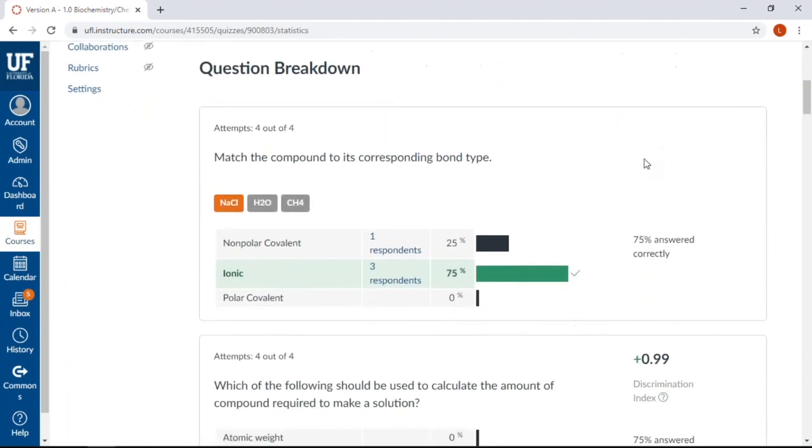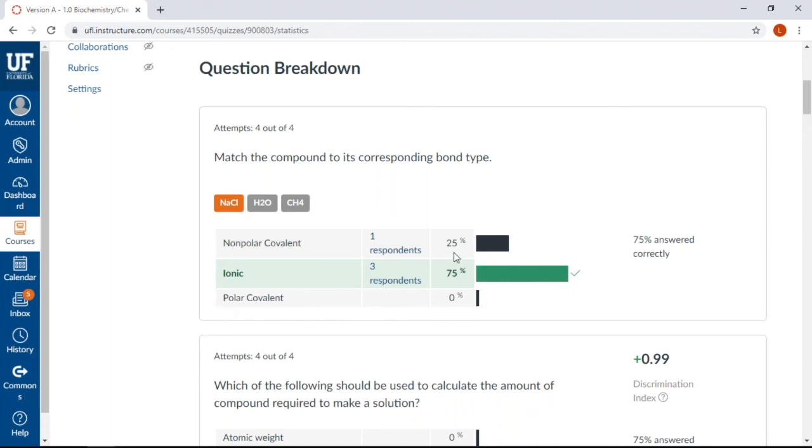Below the quiz summary is the Question Breakdown Report. This report shows how your candidates performed as a group on a single item. The information in this section is quite detailed. The report contains the following information on each item on each quiz. It shows the number of times a question was answered out of the number of candidates who opened the quiz. We also see here the question stem and all the available answer options.